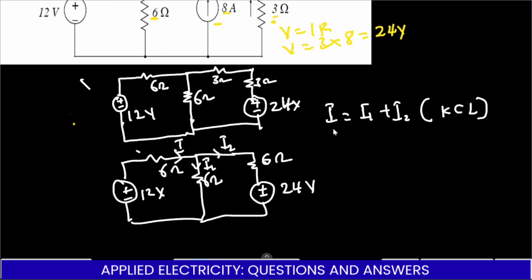So now after we are done, the next thing we are going to do is to identify our nodes. We have our nodes here, one node here, and then the principal node, which we are going to ground. So we can call that node Vn or V. The next thing we are doing is to get the node equation. So we are going to get the node equation for only one current, I. And we are saying that